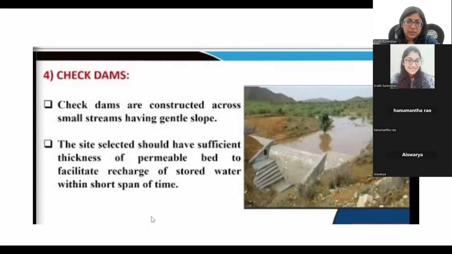Which stage of check dam is preferred depends upon the watershed, the stream and the characteristics of the land. Here we are just looking at some examples of naturally recharging structures. We don't have to go into that many details. Okay, the next one is